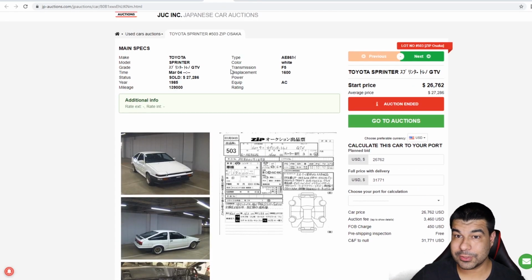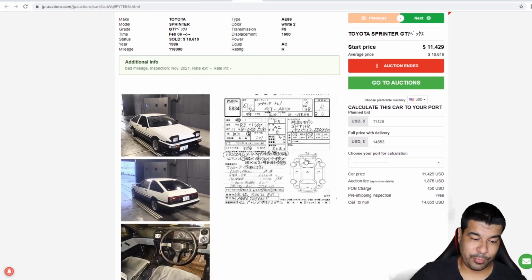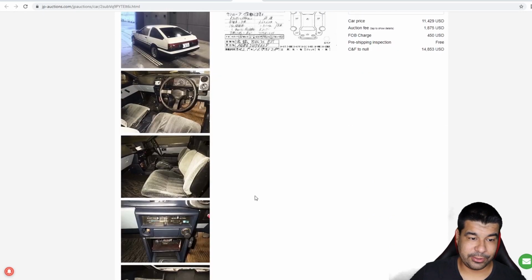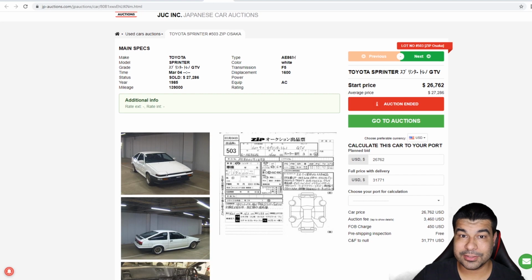So the first one I found was $27,000 US, 139,000 kilometers. Very, very good for its age, 1985. The next one, 1986, $118,000 US. Both grading average, very good cars. I've gone for a price right in the middle and landed this vehicle will see you in at 500 plus